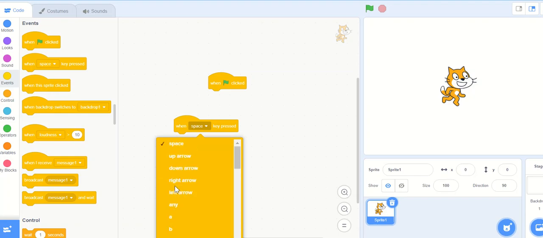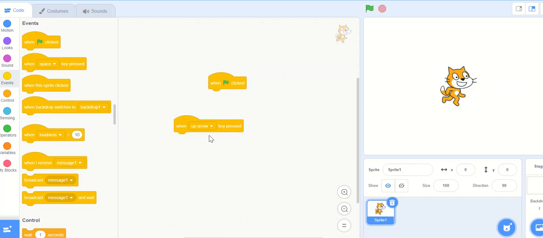You can take any alphabet key, or any arrow key, or number keys, and the special keys can also be used to start the execution of the program. For example, let's take the arrow key to start the execution,